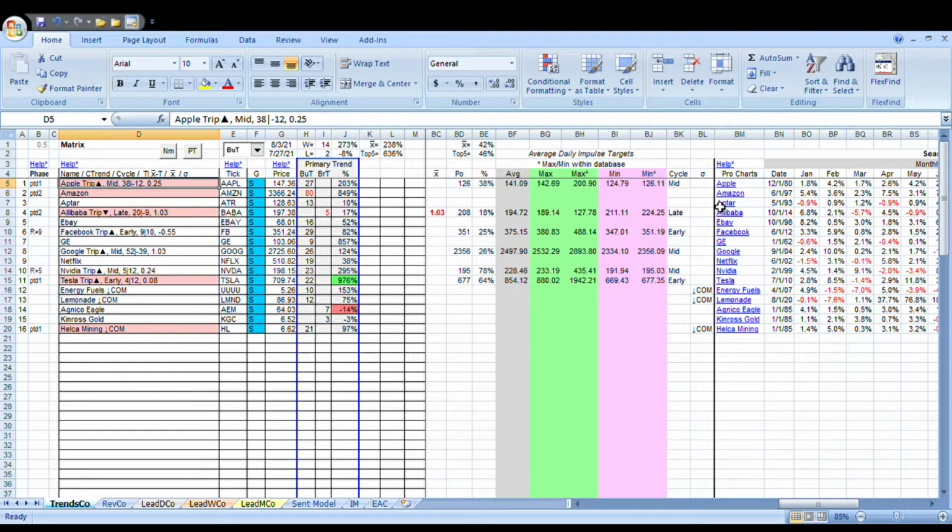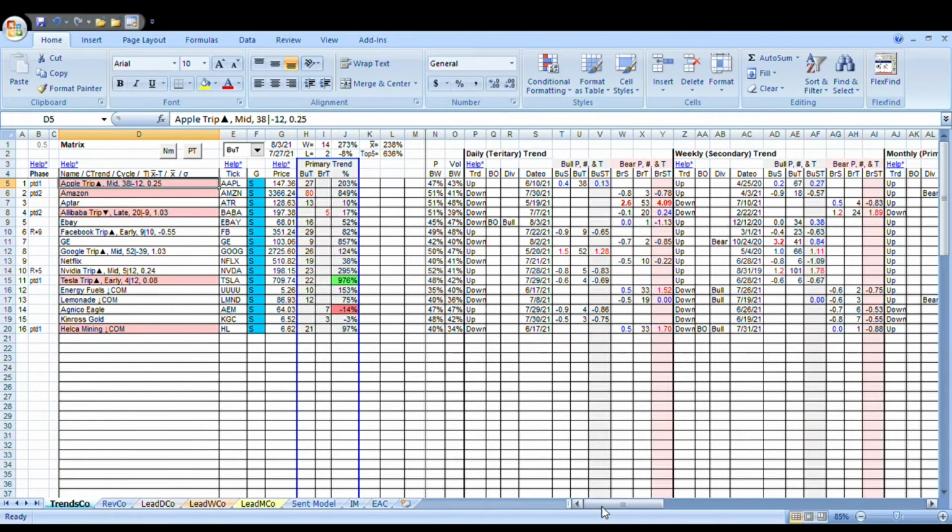They should link up to all the securities that are in here. You can see who's doing the professional buying, who's doing retail buying. You want to follow the pros in general, and you want to make sure that the pros are buying anything that you're participating in. The concepts are exactly the same. The primary trend, we follow them. You can see all these primary trends have been up for a long time, with the exception of Alibaba.